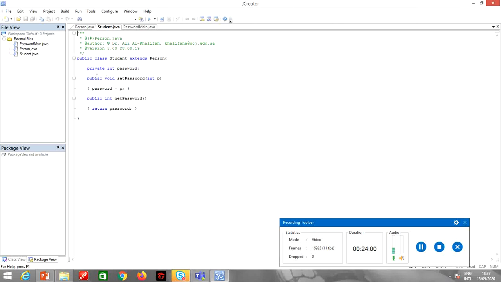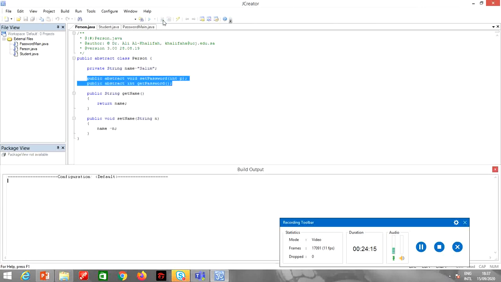So here in the student class we have declared a variable password type integer and it's private. So we have provided the implementation for the set password and the get password method. Let me compile these programs because we will run it.